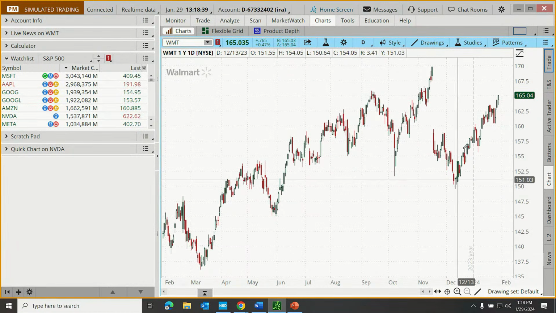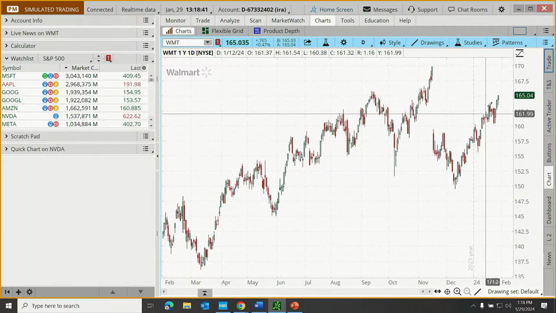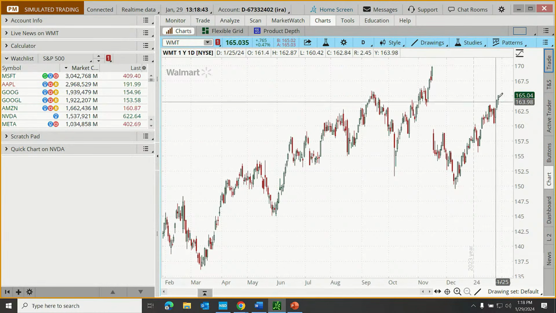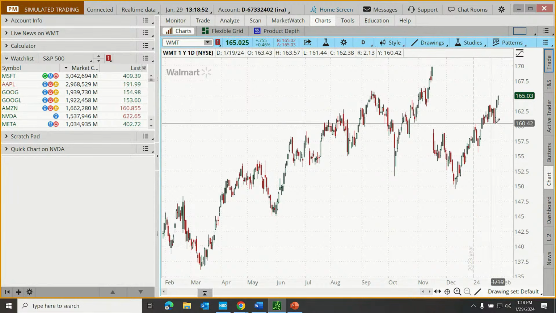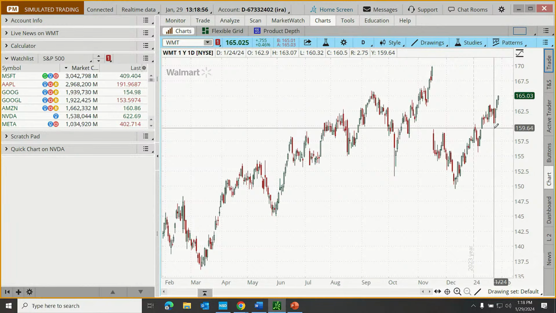Maybe our hypothetical investor sees that the price has been running up and pulling back. It's starting to bounce again. They think, oh, this looks pretty good. As long as price is still rising, maybe we buy. But if it turns around, comes back down below these recent lows, maybe we sell. Okay. How could we do that?